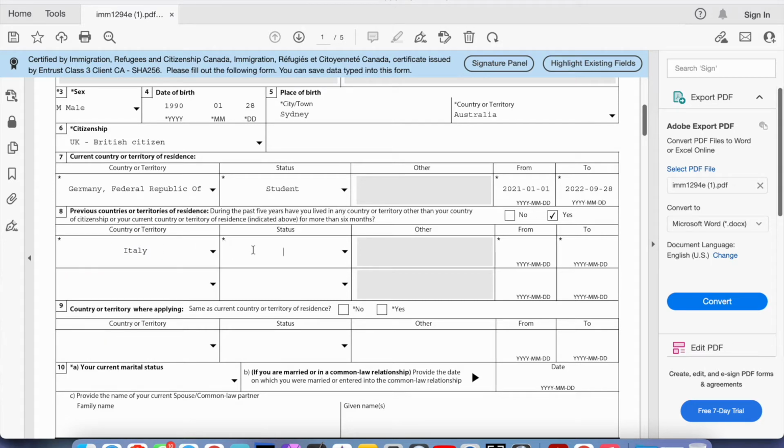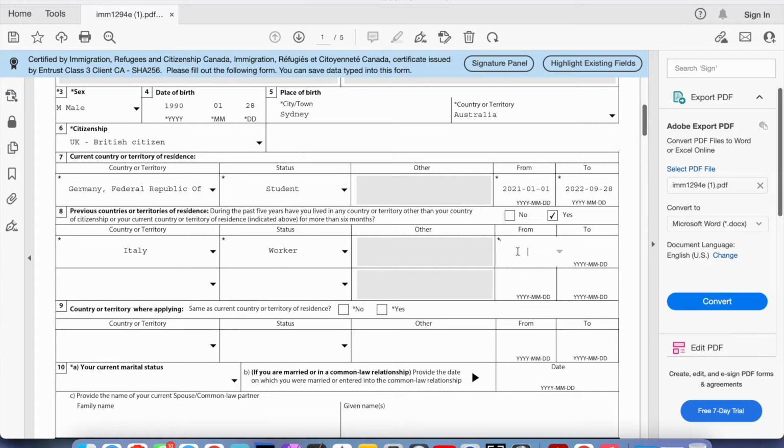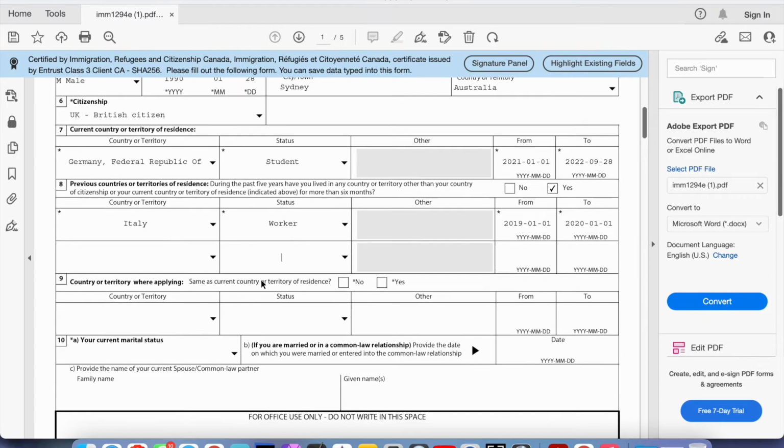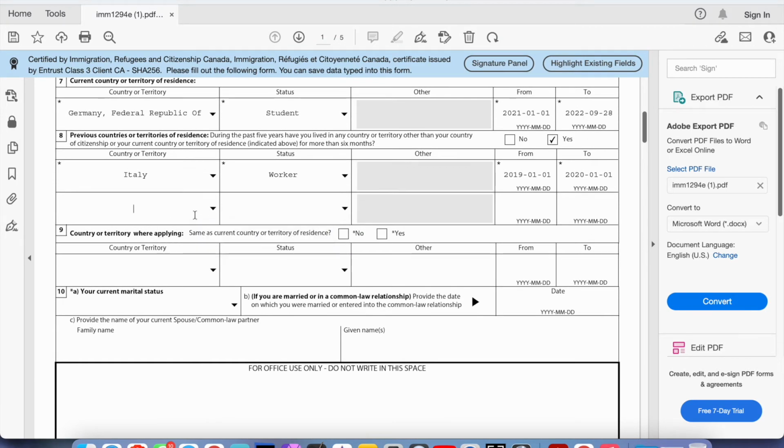Okay, but let's say in the past 5 years, you have been on a project working in Italy from 2019 01 01 to 2020 01 01. I'm just putting easy numbers here for you, okay? Any other country you can add. If there's more than 2 countries here, because there are only 2 rows here,